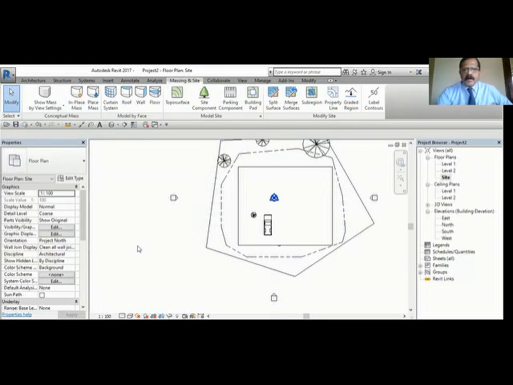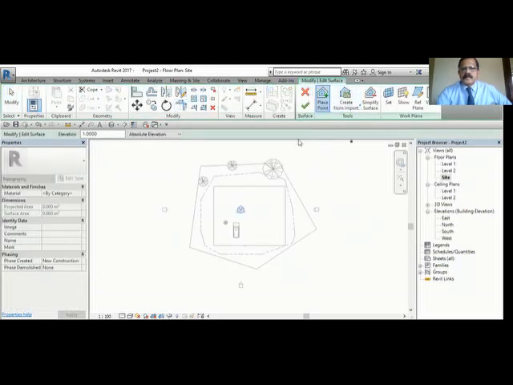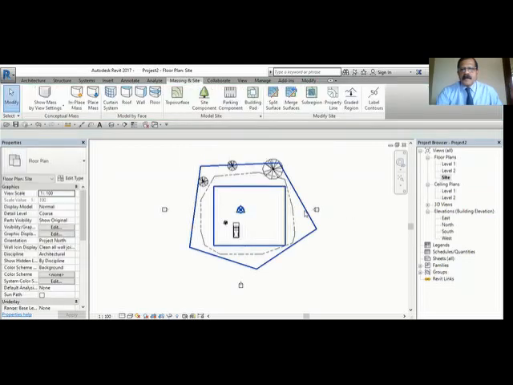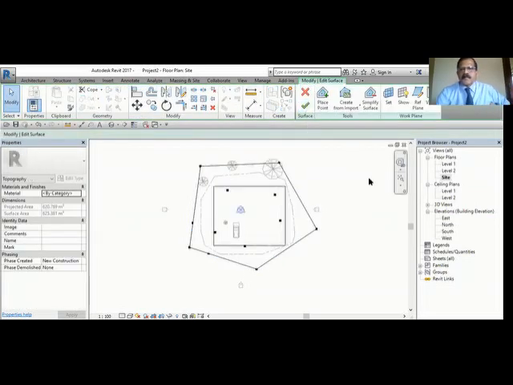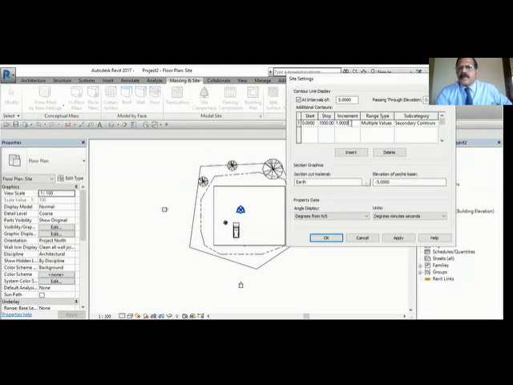And one more important thing I forgot to tell you. When you draw the topo surface, suppose I want to draw the, I will select this, edit surface. I will change this increment to 0.25.